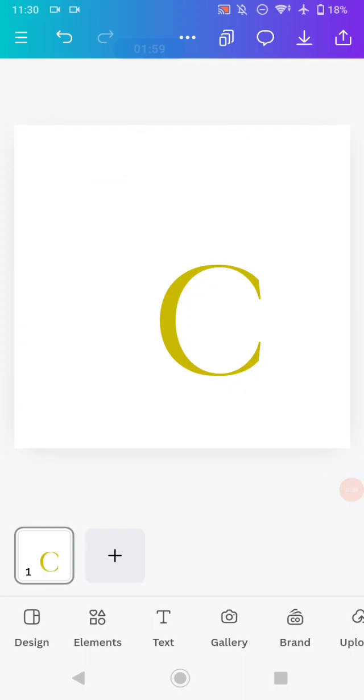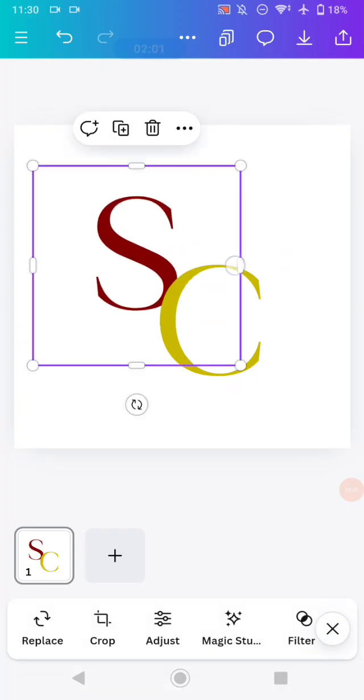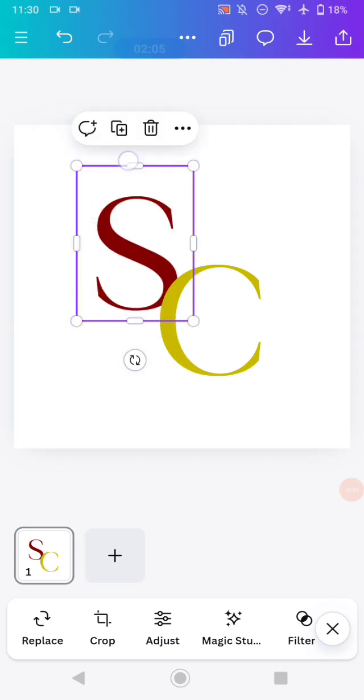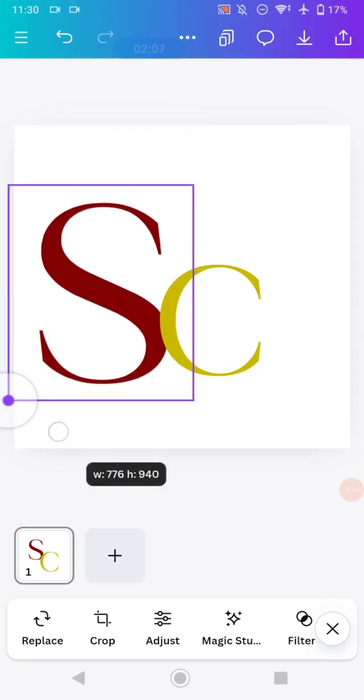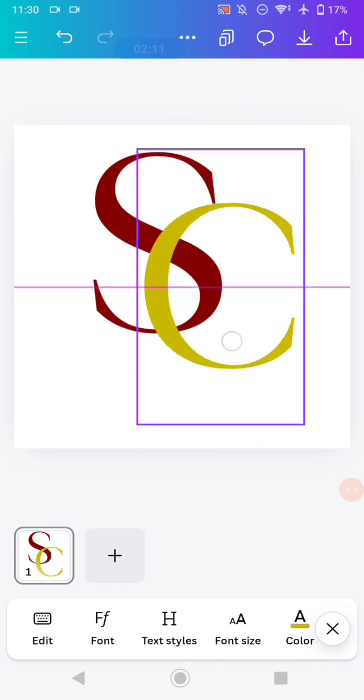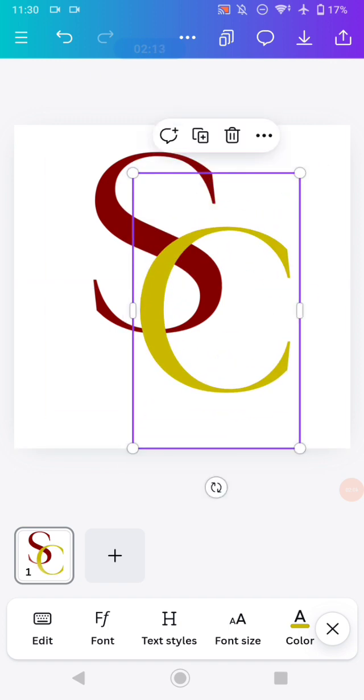And then open the gallery and insert the design that you already saved before. This one. After that, let me adjust the size of the frame first. Like this. And like this. Increase the size, and as with the S letter, you need to increase the size of this C letter,